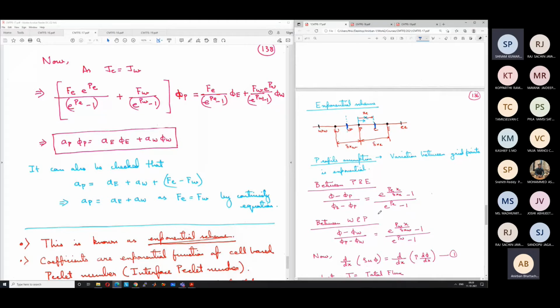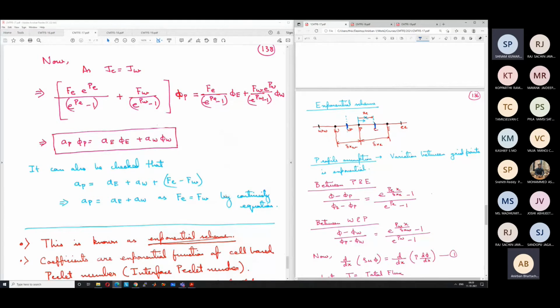Although the scheme is 100% accurate for a 1D problem without source term and without unsteady term, and it is still very accurate even if there is a source term and unsteady term, and even if it is a 2D or 3D problem, still it is very accurate, but not 100% accurate, but still accurate because it captures the correct nature of the variation of the variable. Okay,